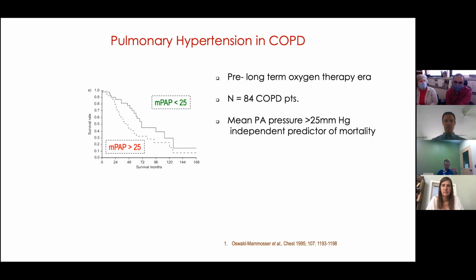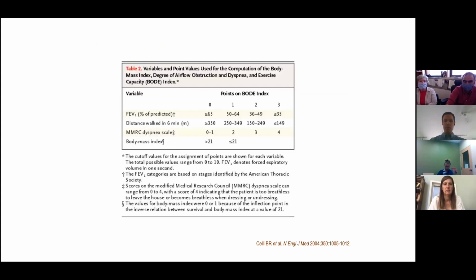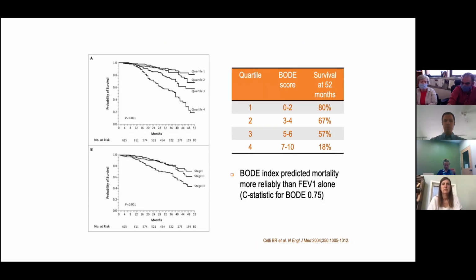But when you're thinking about referral, even someone that's got a calculated BODE score of 5 to 6 is probably someone that you would think about referral. Now, granted, these are all guidelines, and the caveat to this is that the BODE, as you all know, was not validated, nor designed to look at referral decision making for transplant. It was just a prognostic tool for COPD patients, and it was an international cohort. So Venezuela, United States, and one other country. But the point is, we use it as a soft indicator, let's say, for referrals, and it has actually made it into the ISHLT guidelines. I'll skip through the details of the BODE score in the interest of time because all pulmonologists probably know